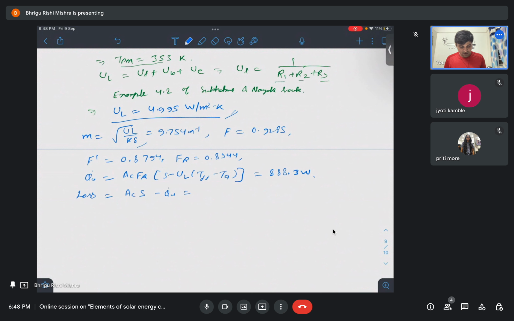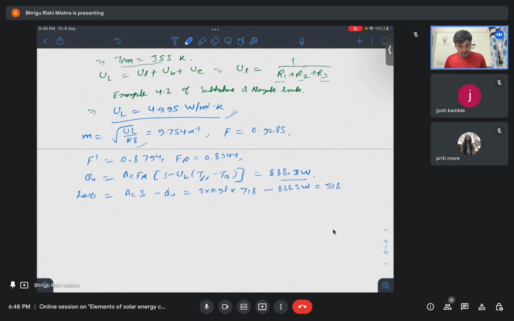Here Ac is 2 into 0.98 and S is 718. We have just calculated QU dot, 888.3 watt,